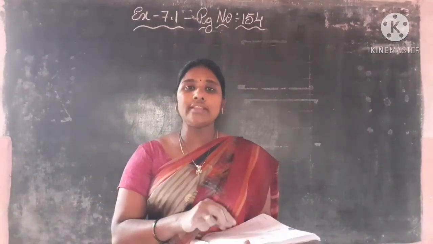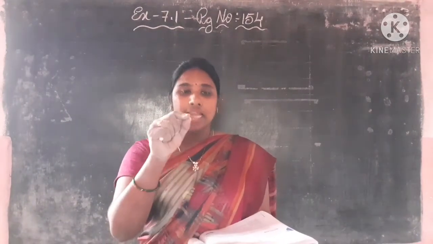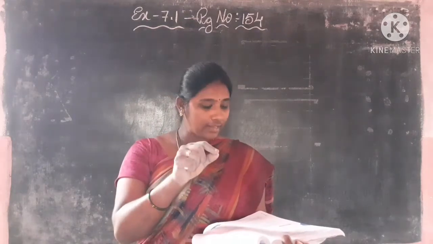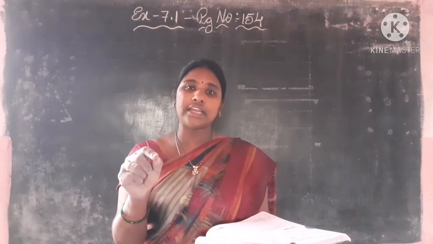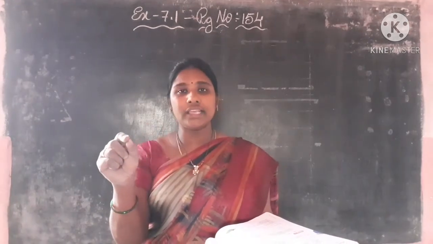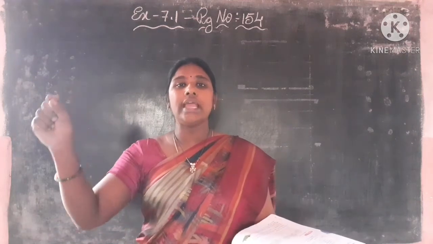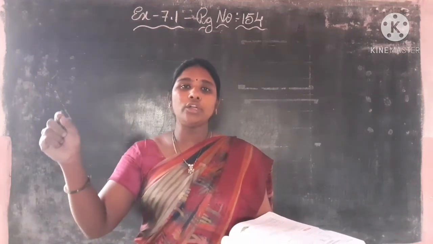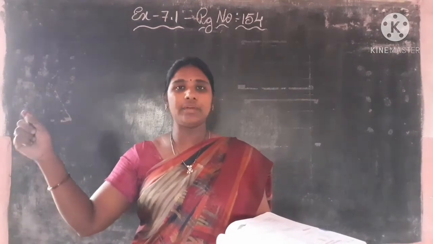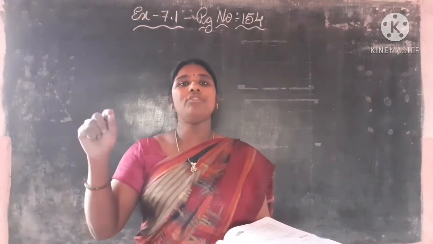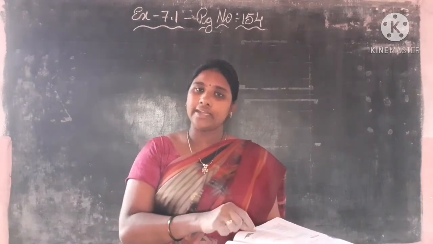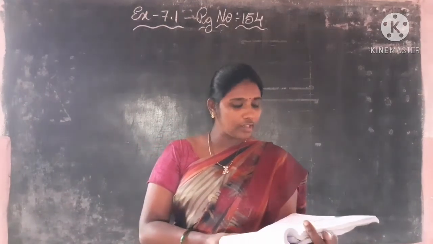Here, how should we write the steps for this problem? Length is equal to 27 centimeters. Breadth is equal to 23 centimeters. Perimeter of a rectangular sheet of paper is equal to 2 into (L plus B). So 2 into (27 centimeters plus 23 centimeters). 27 plus 23, 50 centimeters. So 2 into 50 centimeters, 100 centimeters. Understood?